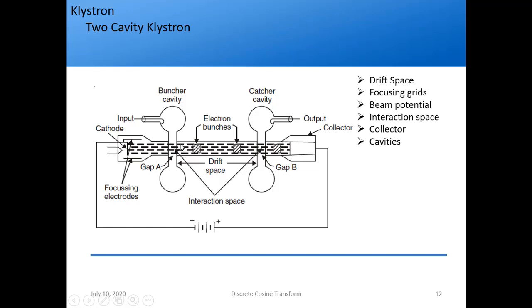So this process is what? Velocity modulation. So where does the velocity modulation start? At this cavity. Since the velocity modulation starts here, the bunching starts here. That's why this is called the buncher cavity, because the bunches form here, right? So this is the buncher cavity. As the electron beam propagates further with varying velocity, they will form bunches. So these bunches will travel further.